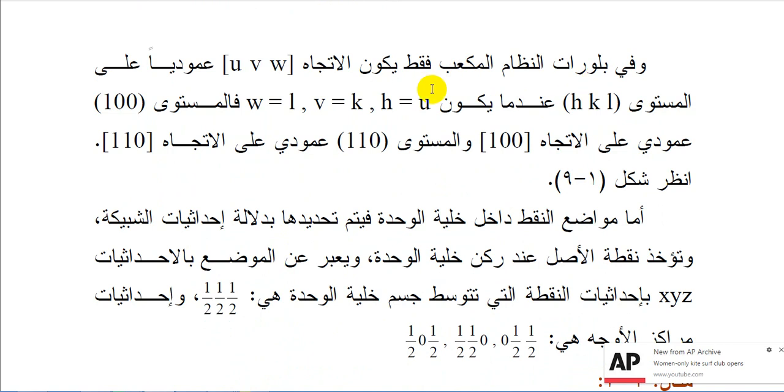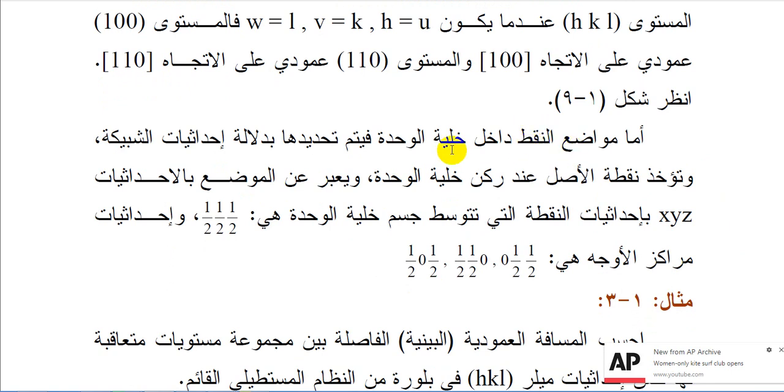In the cubic crystal structure system, only the orientation UVW will be perpendicular to the plane HKL. So the HKL plane will be perpendicular, or orthogonal, or normal to the UVW orientation when H equals U, K equals V and W equals L. So the plane 1 0 0 is perpendicular to the orientation 1 0 0, and the plane 1 1 0 is actually, as you can see right in front of you. You can rewind figure 1.9.